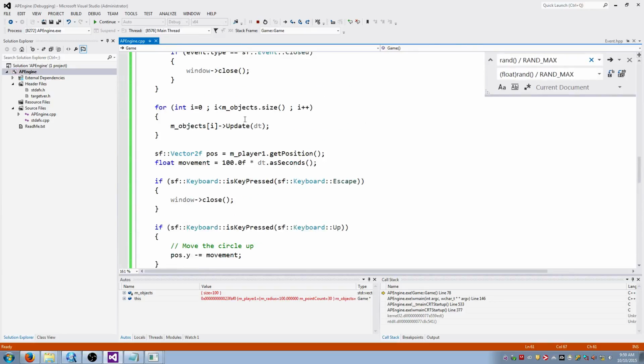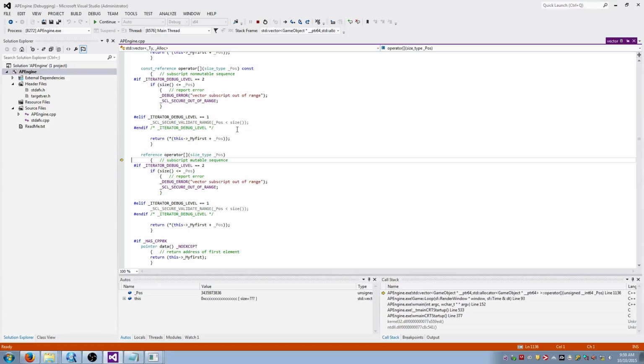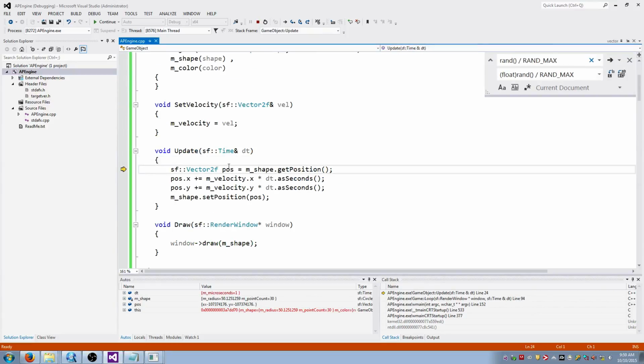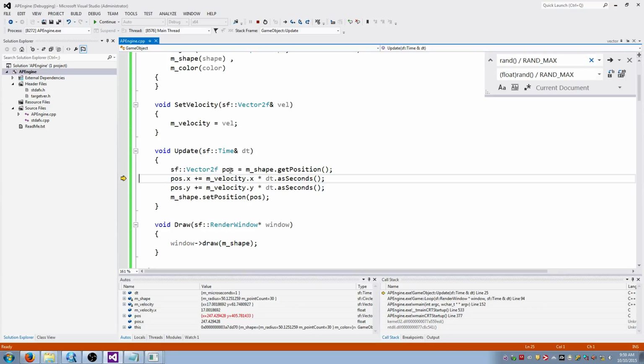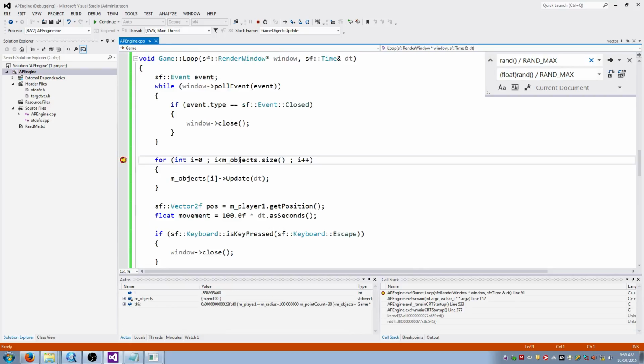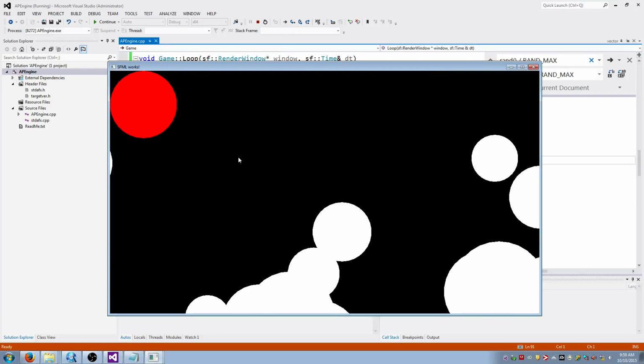And then here, in the loop, it's going to go over every single one of my objects. And here's the function I wrote earlier. Get the position of the object. Currently this one's at 247 by 405. Add the velocity, and then set the position back. If I play it,